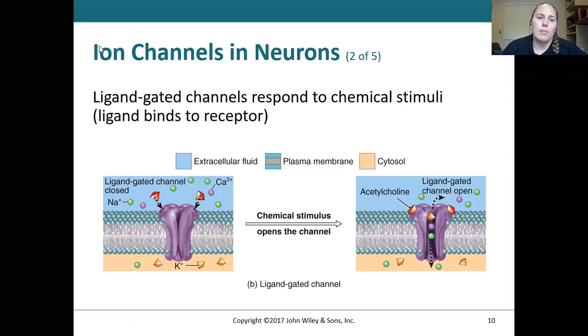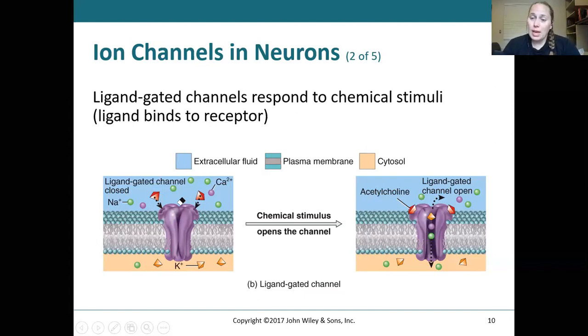And so we have lots of different neurotransmitters in our brain, and we'll talk about those later today. The example that we see here is acetylcholine, which is one type of neurotransmitter, GABA, glutamate. You've probably heard of serotonin and dopamine. Those are all neurotransmitters. So they bind to this little binding site here. It's almost like a lock and key, which people don't really like it when you oversimplify it like that, because it's far more complicated. But this key kind of unlocks this ion channel, opens it up, and those ions are